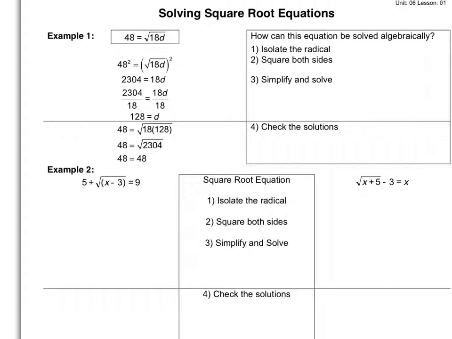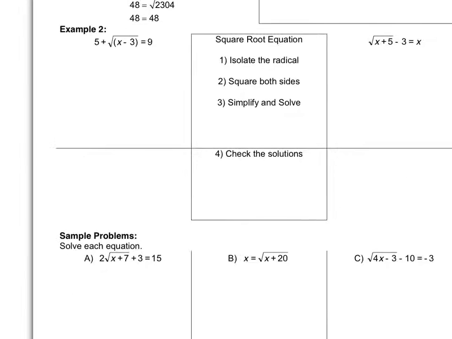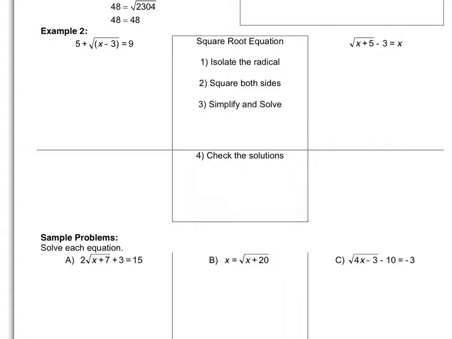Okay, let's talk about how to solve square root equations. Looking at example 2, basically what you want to do is get the square root by itself. So the first thing I'm going to do on example 2 is subtract 5 from both sides. When I do that, I get square root of x minus 3